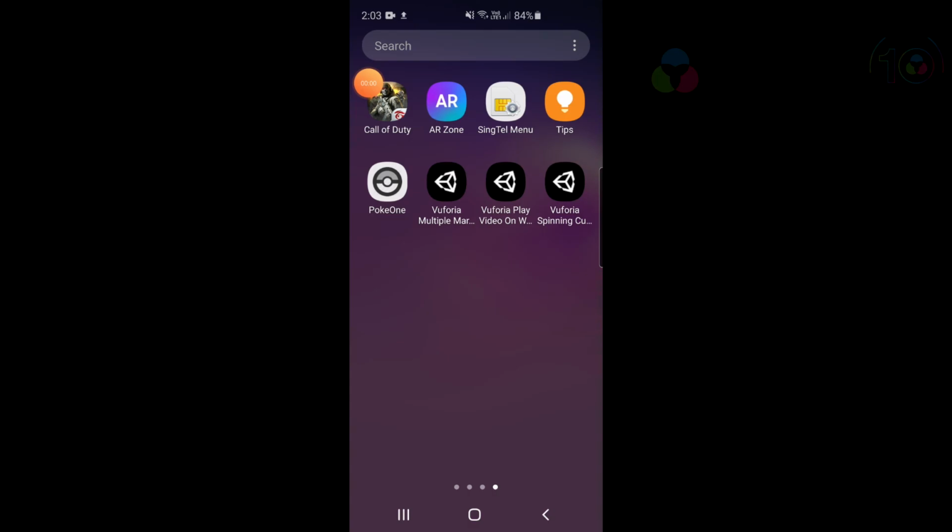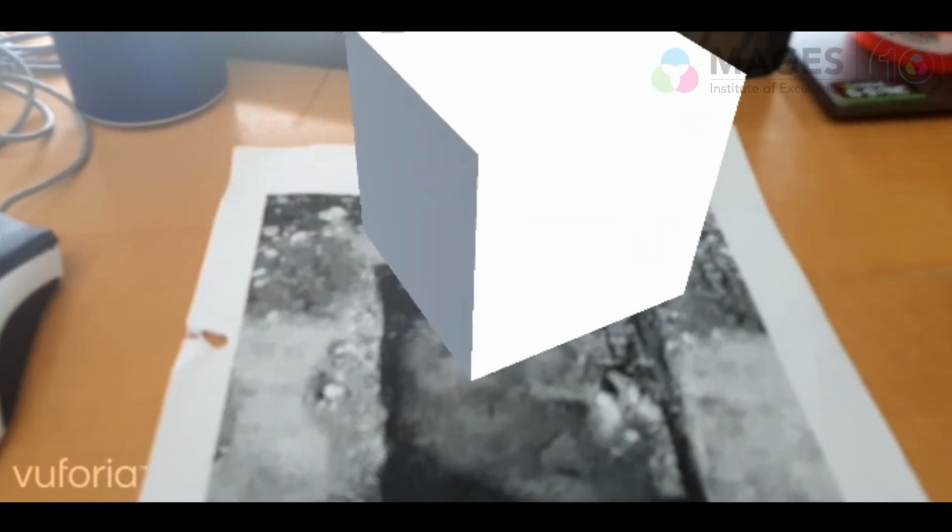So before we start right now, make sure that you print out the marker on an A4 size sheet of paper and make sure it's as big as possible on that paper itself. So let's begin. Without further ado, let's begin. So just click on the APK. So as you can see, the music is playing in the